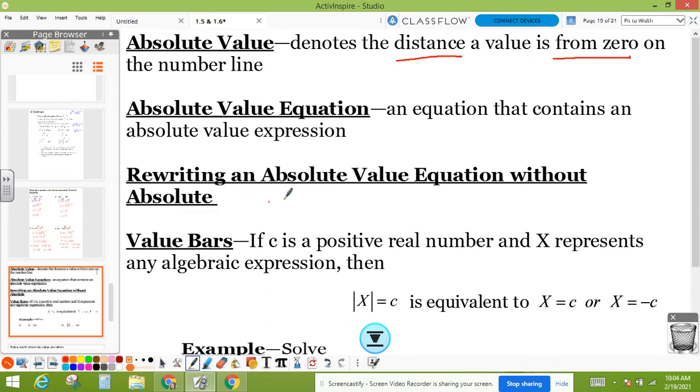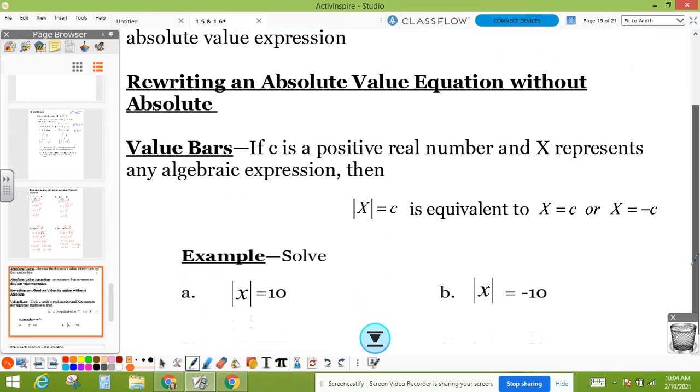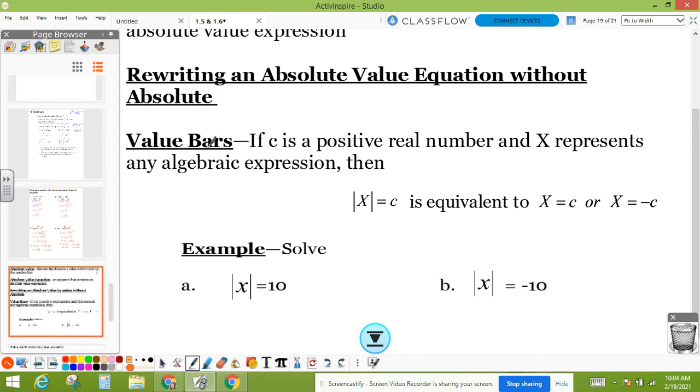There is no way to undo absolute value. You just have to use the definition of its distance from 0. So to get rid of those absolute value bars, this is supposed to all be one sentence, by the way. I don't know why it got all separated like that. If you have this, then you just rewrite it as two different statements, because if this were, let's say, absolute